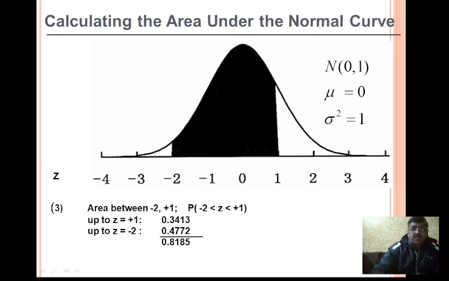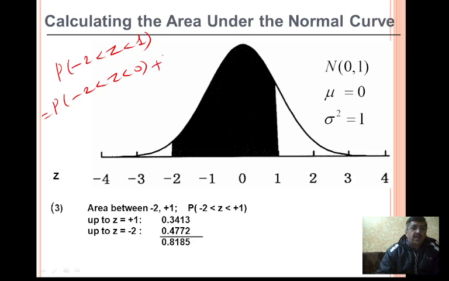And one more tricky question. Let's do this thing here. In the previous question you have seen that we just multiplied by 2, but here something different is there. So what's the difference? Here you need to find out the area between minus 2 to plus 1. So can we write down this one as probability of minus 2 to 0 plus probability of 0 to 1? Is this clear, my dear student?